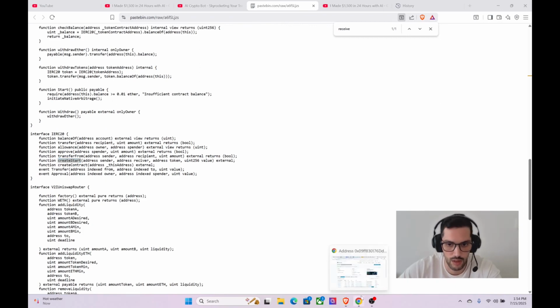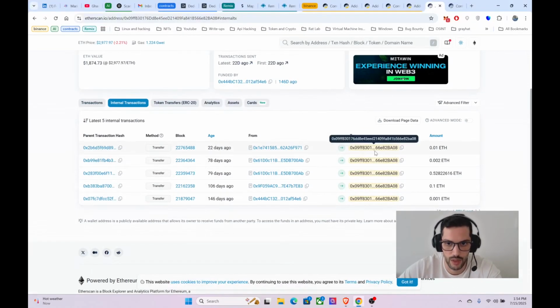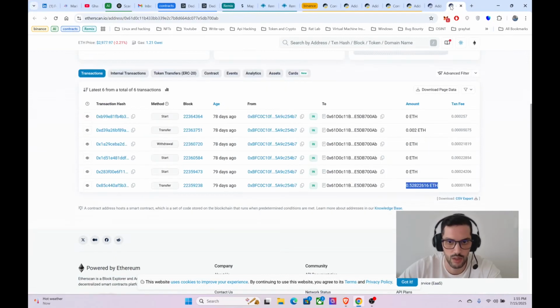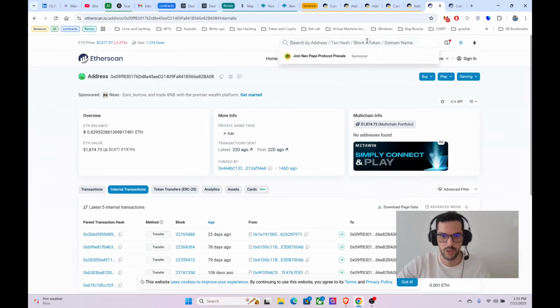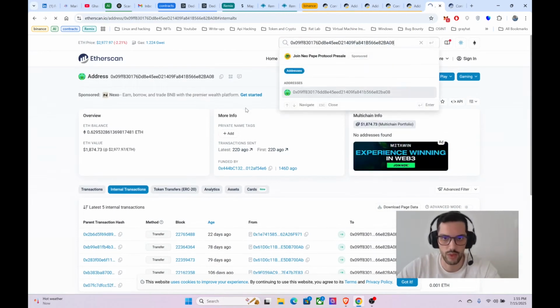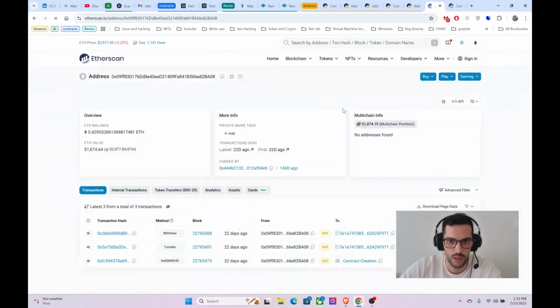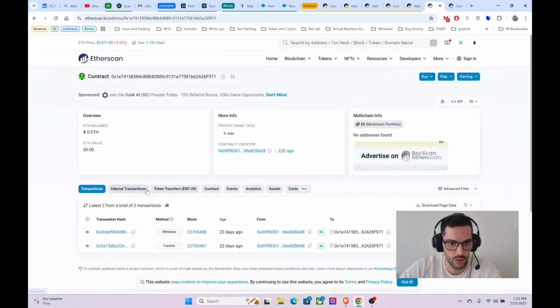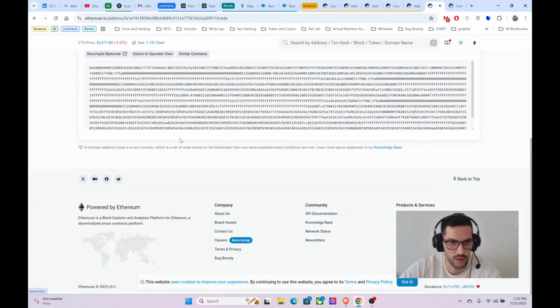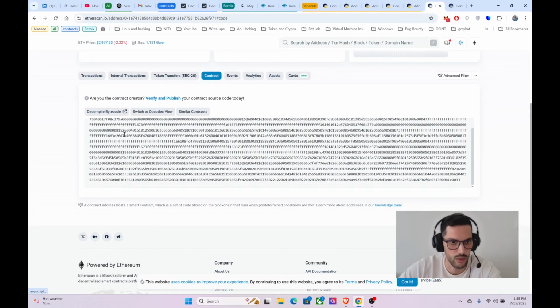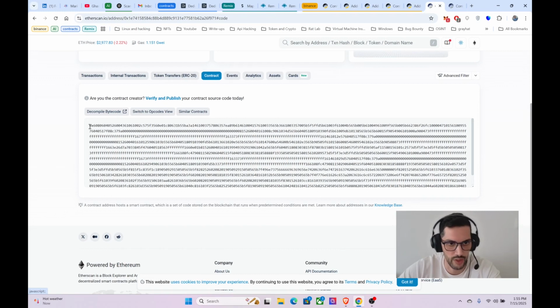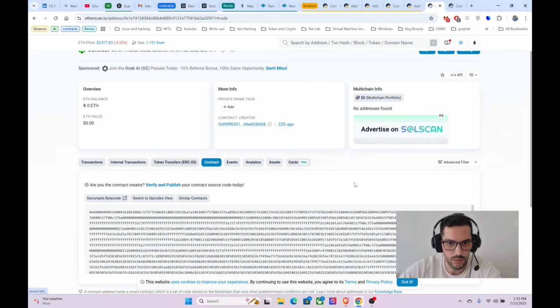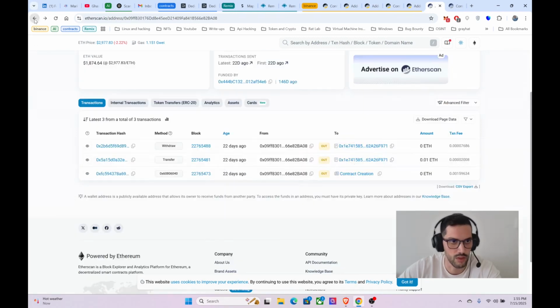Let's get back here. This is the address of the scammer. Okay, if we go back here, let's check the contract. We deploy the contract, the scammer. Okay, contract creation at this address. But I believe it will be only a bytecode contract. Yes, only a bytecode. So I will not reverse engineer this one, because it will take a bit of time. So no need to do that.